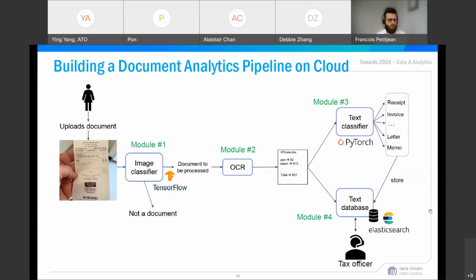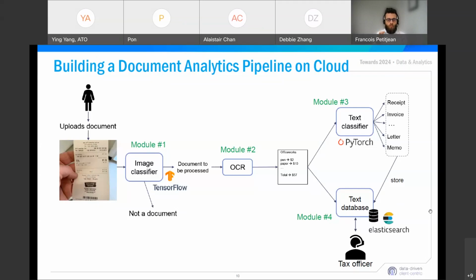Once we've decided that this is a document, it's sent to OCR. This is where it's really interesting for us to study cloud, because cloud is not only about infrastructure, but it's also now providing software. As Asic's been talking about just before, they've been looking at AWS Textract. So it's the same idea here. OCR software are actually really, really good and better than the open source version that we have been having